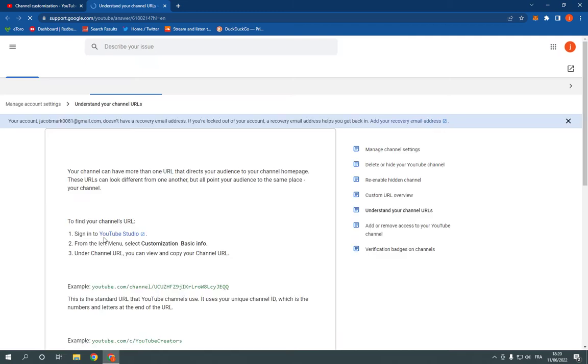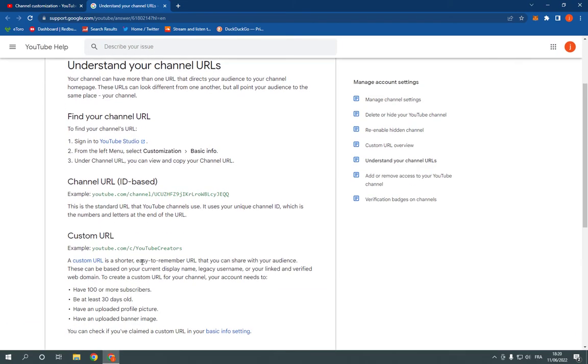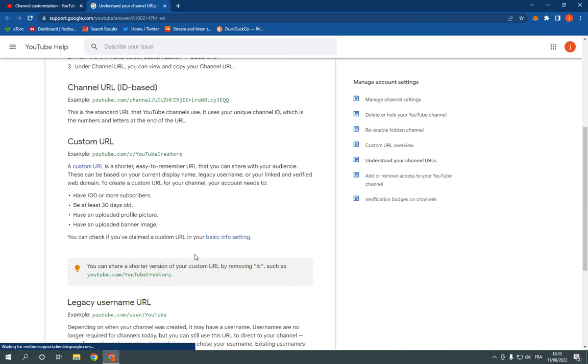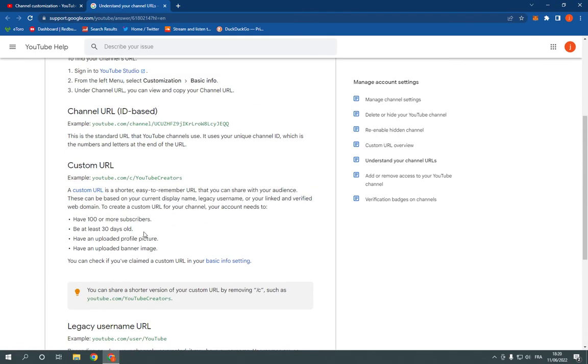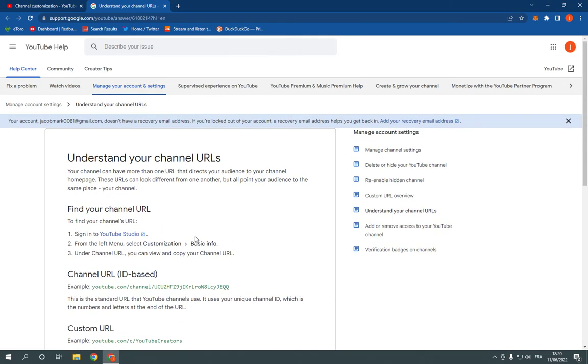From here on more, and here as you can see, you will be able to change the channel URL if you follow all the steps that YouTube says on